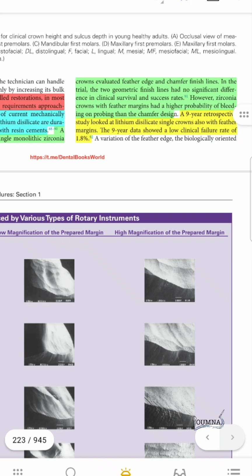However, zirconia crowns with feather margins had a higher probability of bleeding on probing than the chamfer design. So the relationship between the restoration and the periodontal tissue is what is compromised when we do the feather edge